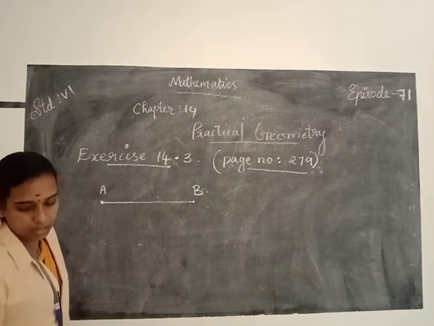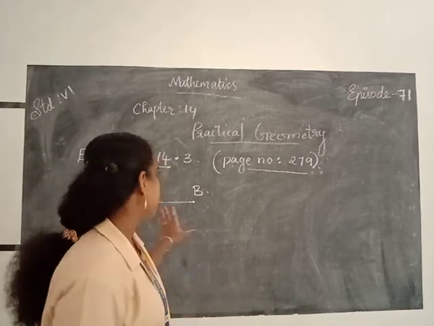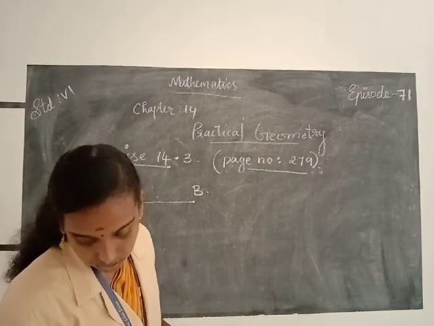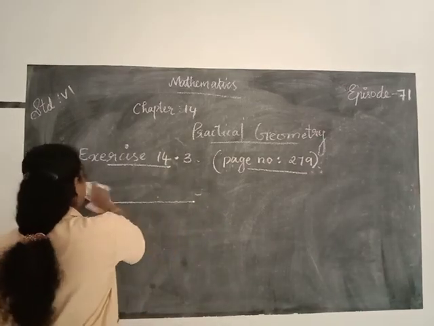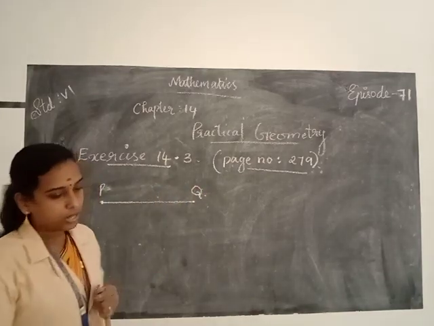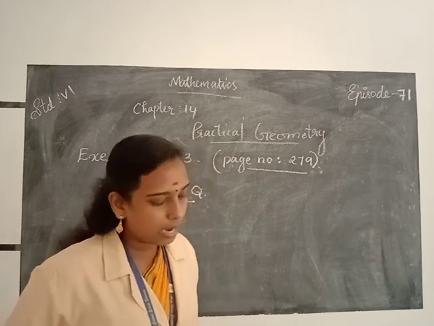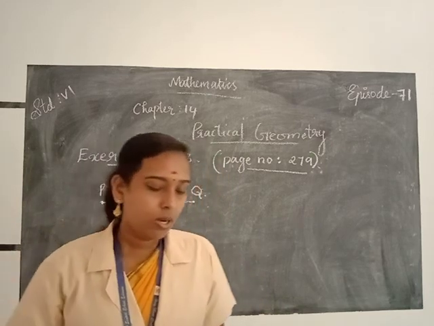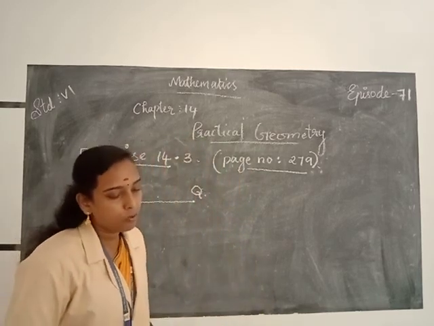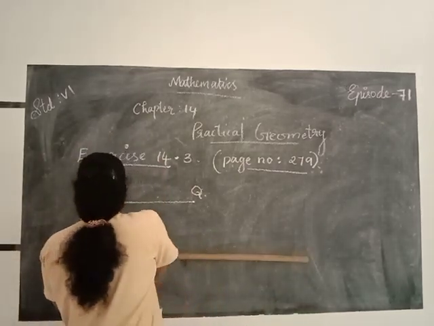Here we want to draw the same copy of line segment PQ without measurement. So for that, first you draw the line segment. Let the given line segment PQ be here. Then adjust the compass up to the length of PQ. So without measuring the line segment, to copy it, first you draw a line L.